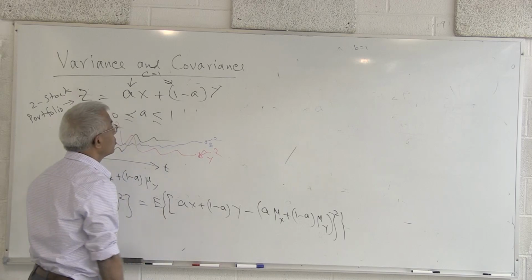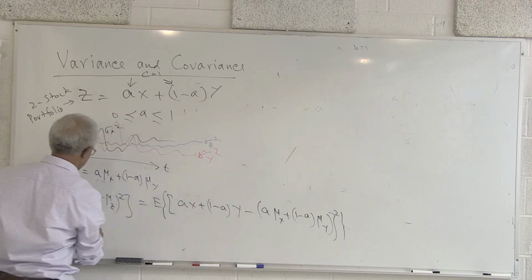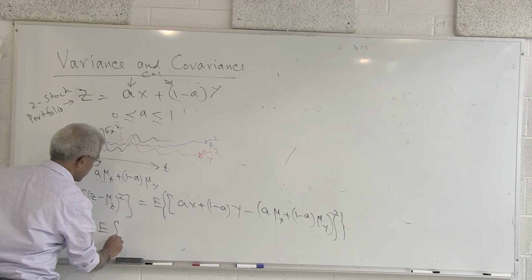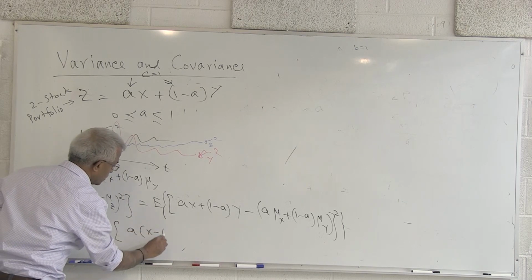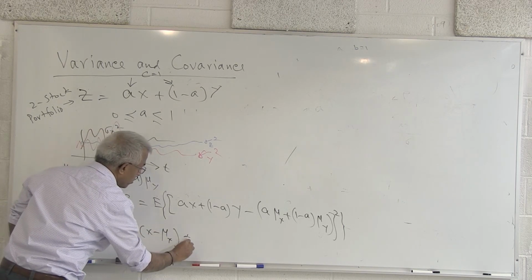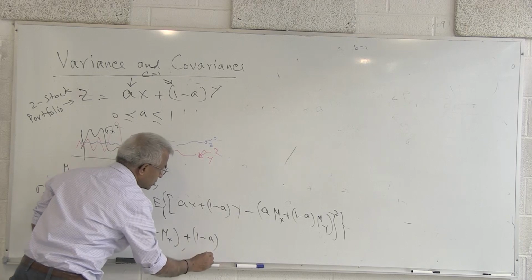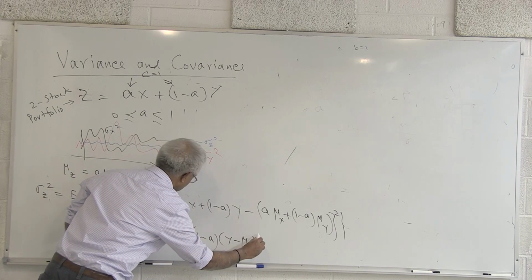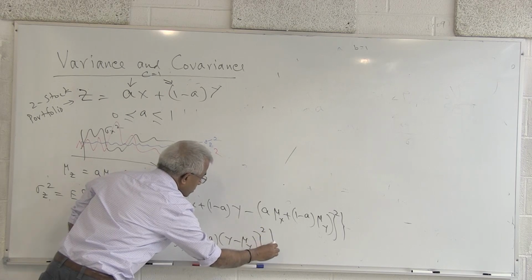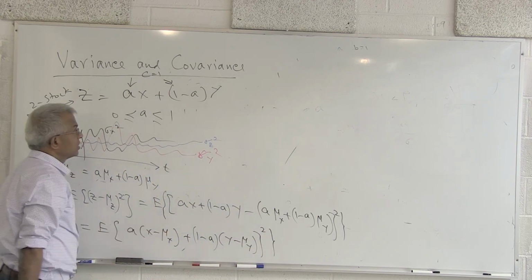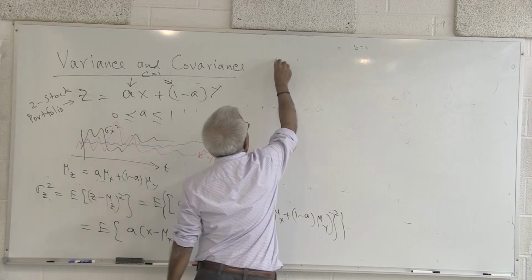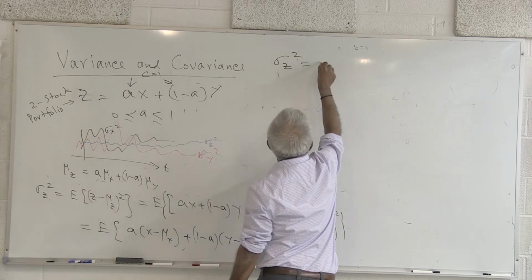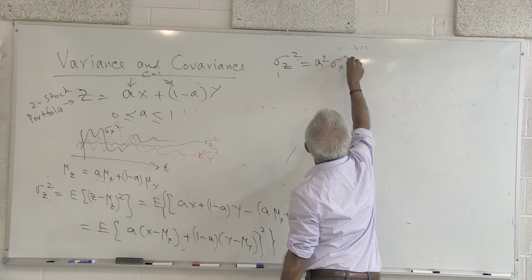So once again, if you expand this, this is going to be the expected value of A times X minus mu X plus 1 minus A times Y minus mu Y, the whole squared. If you expand as before, you can see there are 3 terms. So I'll write down the result here. This is going to be A squared sigma X squared